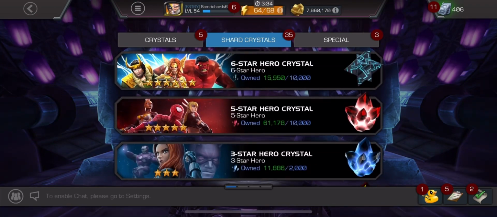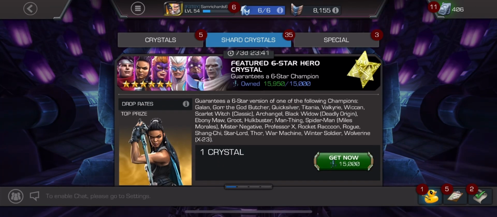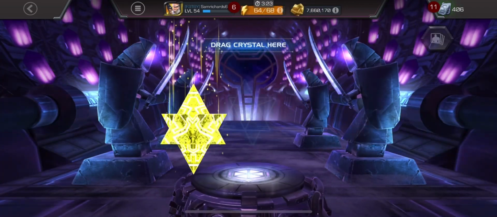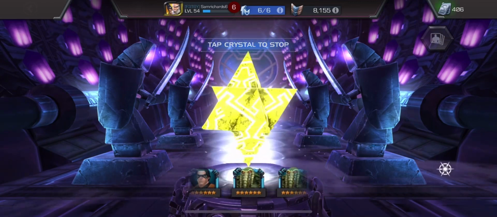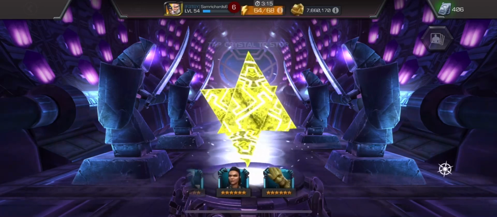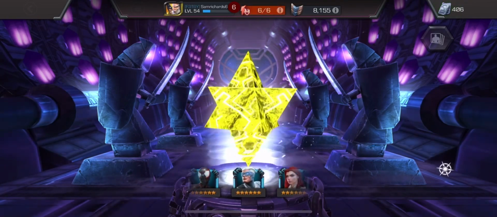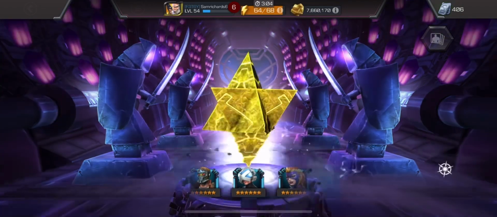And then for the last crystal here, I think it takes me a while to find it again, but we go for the 6-star featured. Obviously, that's where my focus is at. I really want a Gallant, I really want a Valkyrie. They're the 2 champs I want the most. I know Quicksilver is a lot of people's favourites, but Gallant or Valkyrie for me is who I really want. I've had a lot of luck today. Can I get lucky again? I guess you guys are about to find out. What do you think? Do you think I get lucky? Do you think I don't get lucky? I do not. I get...